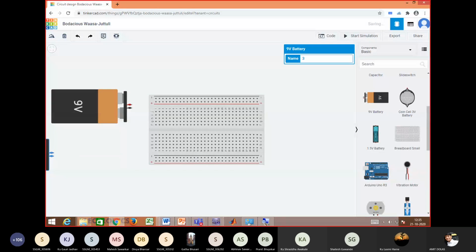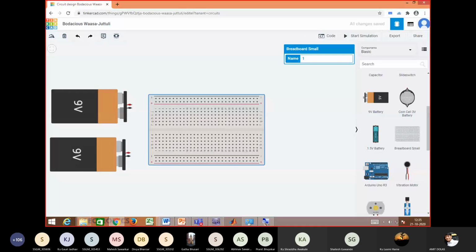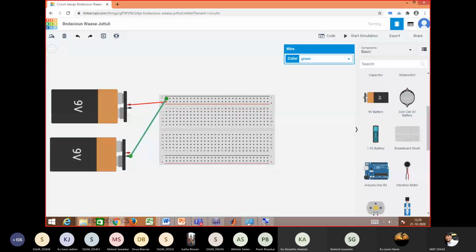I have used two batteries, wherein the positive of the first battery, say green in color, then